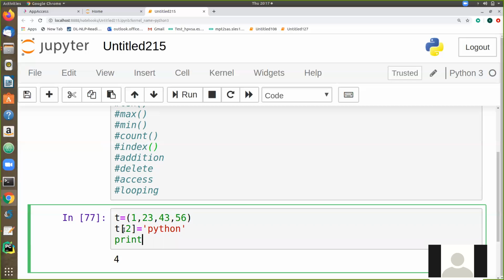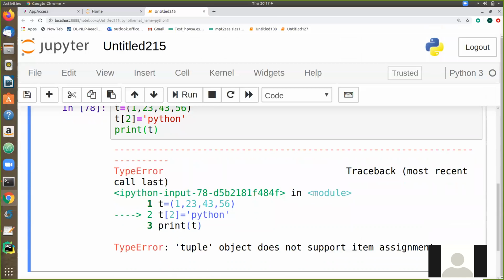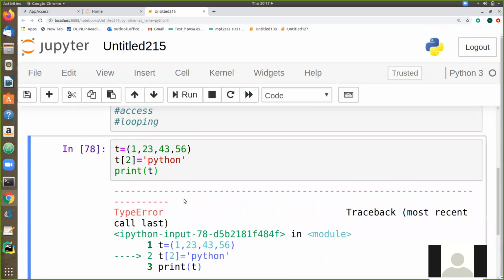Now let me check T. It says item assignment is not possible, which means in Python, tuple is immutable. We won't be able to modify the value of a given particular element inside a tuple. So here you should understand tuple is immutable. Because it is immutable in nature, we won't be able to modify. Okay. So as usual,